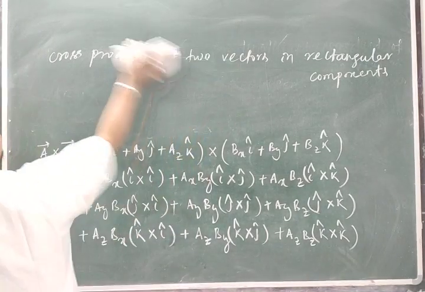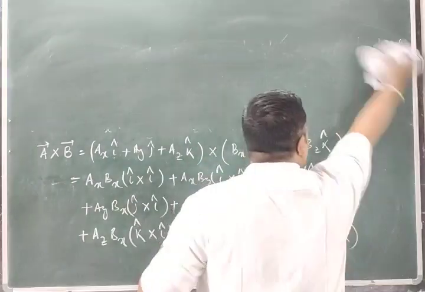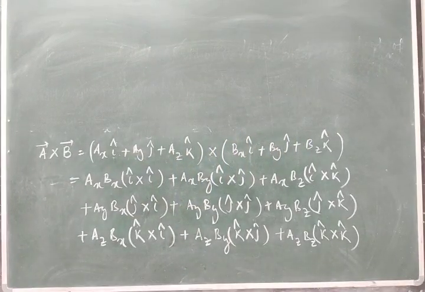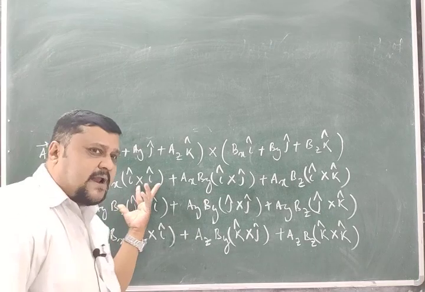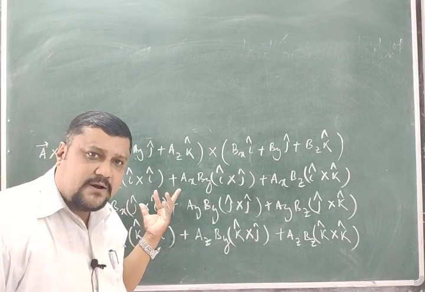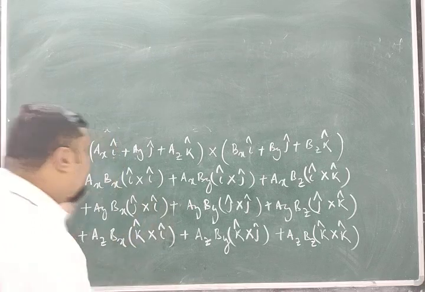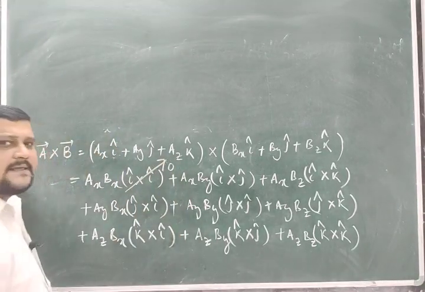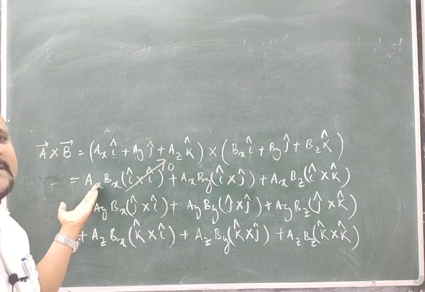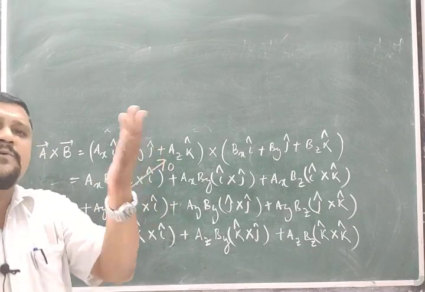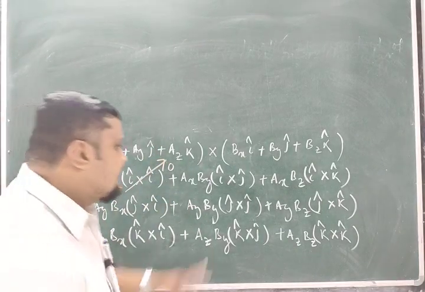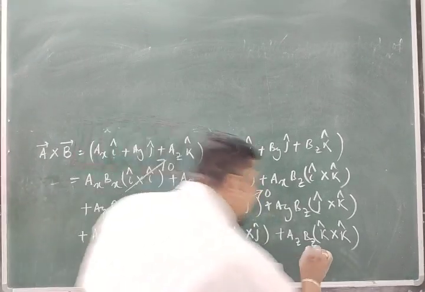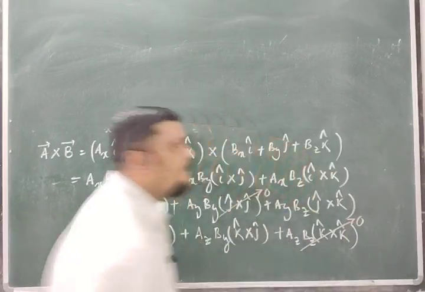Okay, let me write here, start from here, the next. As we know that the cross product of two equal vectors is 0. So i cross i is 0. I will not do anything with this one. 0 multiplied with this, yes, it is a null vector that we can write as 0. Then similarly j cap cross j cap is 0 and k cap cross k cap is 0.